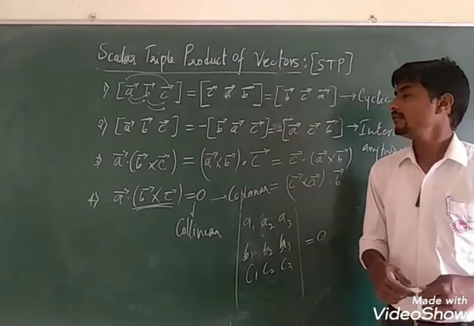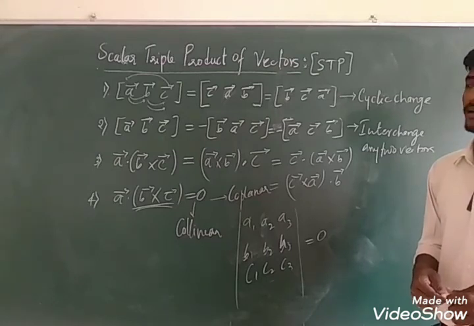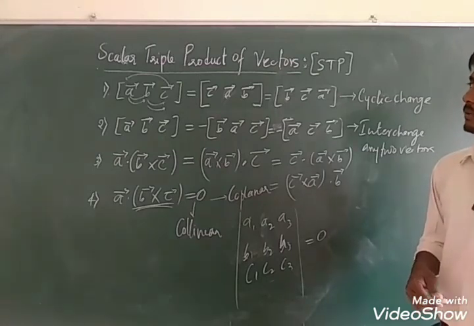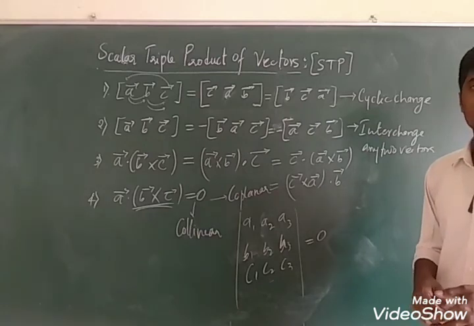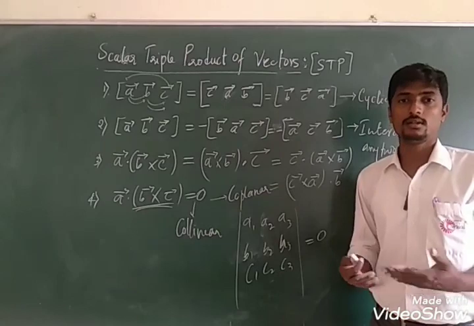Okay, so we have completed a lot of information about the vectors. This is the end of our scalar triple product of the vectors and also the vector chapter. Let us move on to the examples about the